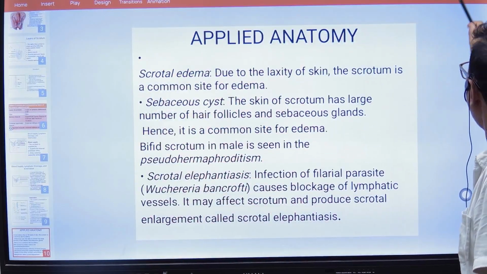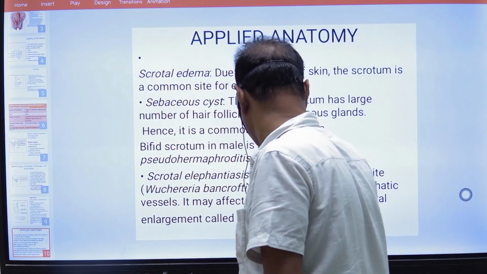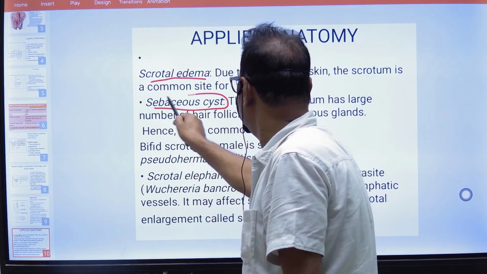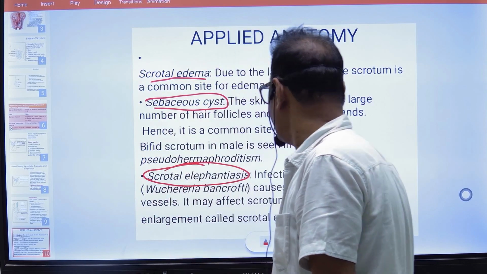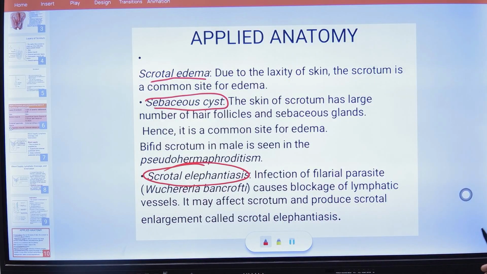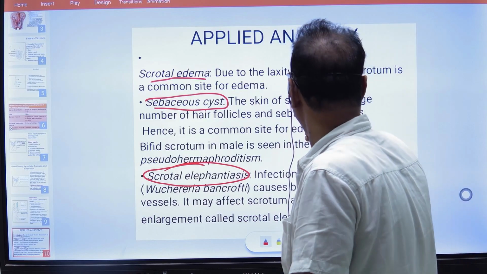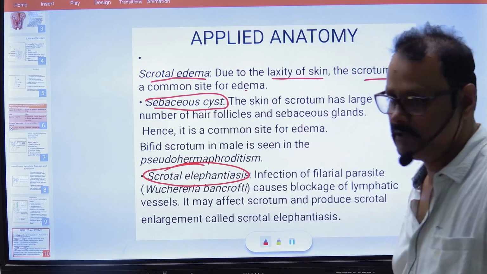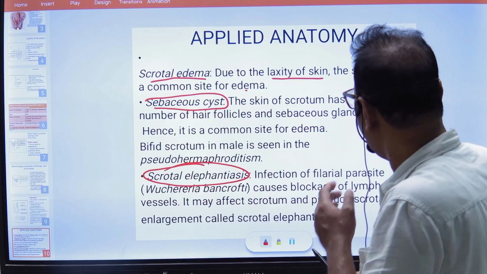Now talking about the applied anatomy, we have scrotal edema, then sebaceous cyst, then scrotal elephantiasis. ये 3 applied structures हैं जिनको हमको जानना है। So scrotal edema क्या होगा? Due to the laxity of the skin, the scrotum is a common site for edema. यहाँ पर भी स्किन ढीली है, वहां पर आसानी से एडिमा कलेक्ट हो जाएगा।